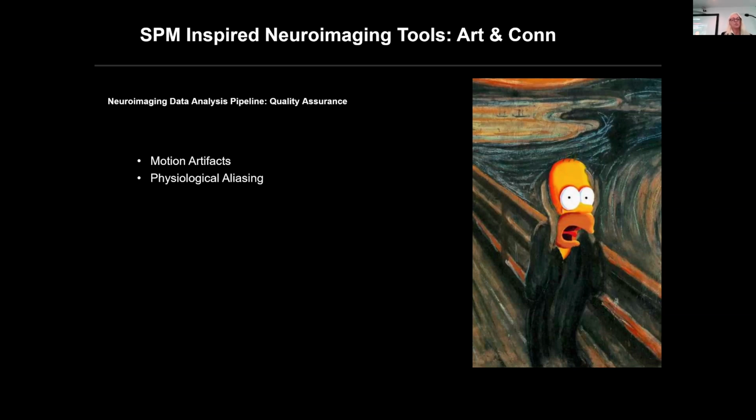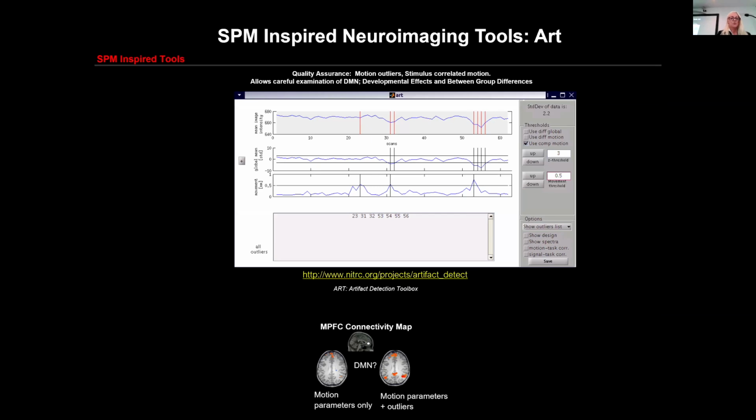I wanted to understand how motion really affects the fMRI time series, and then later on I wanted to understand how physiological aliasing and the resting state networks were confounding. And so we hijacked SPM Global to just simply plot out the SPM global signal. And you see there in the middle XY graph, this is the global signal. So each time point is each TR.